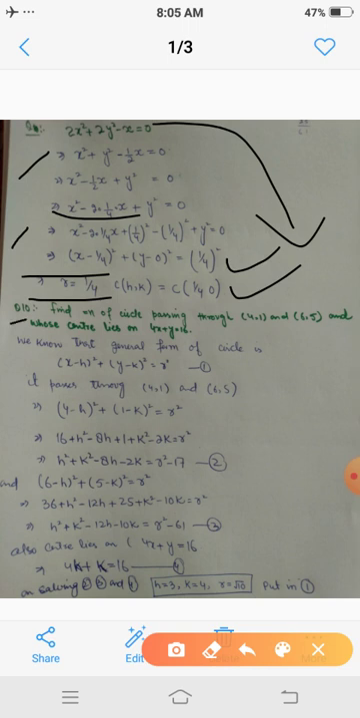Now question number 10 of this first exercise of circles is: find the equation of the circle that passes through the two points (4, 1) and (6, 5) and whose center lies on the line 4x plus y equals 16. The general form of this equation is (x minus h) whole square plus (y minus k) whole square equals r square. Since it passes through the two points (4, 1) and (6, 5), this means that